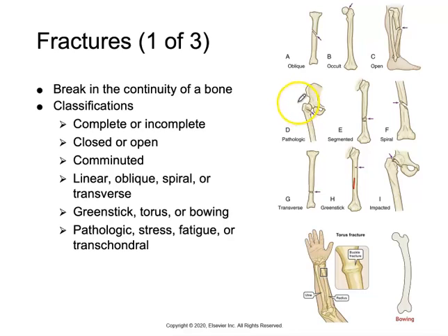And as a result, we have a break at the site of a pre-existing abnormality, like we said, a tumor or some other type of abnormality going on within the body. And that force would typically not cause a fracture if the bone was normal. Then we have stress fractures, which I mentioned before, and this is going to occur in normal or abnormal bone